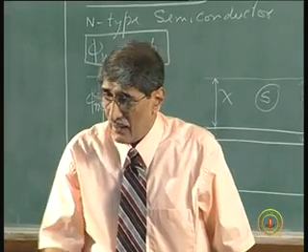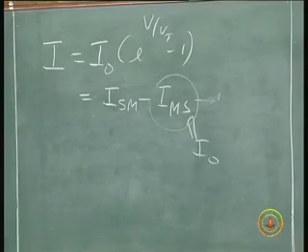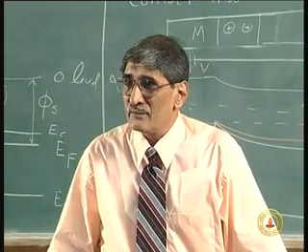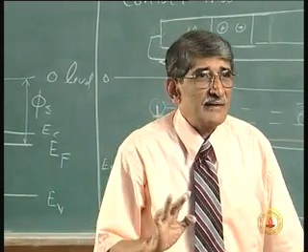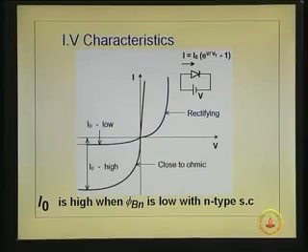this characteristic, that characteristic. The diode characteristic is, after all, it is a diode, and a good diode and a bad diode. A good diode is a rectifying diode, a bad diode is closer to the ohmic contact, that is all what we are trying to tell, and a bad diode is a leaky diode, I naught large. So, you can see here you have got a good diode, I naught small, that means the barrier height in the case of n type material phi b n is large, which actually means phi m minus phi s is large,